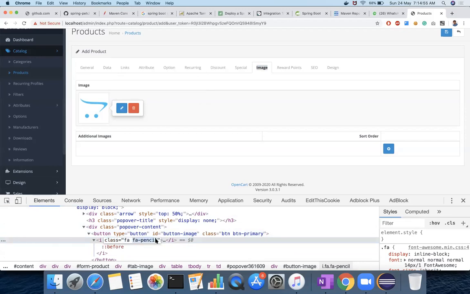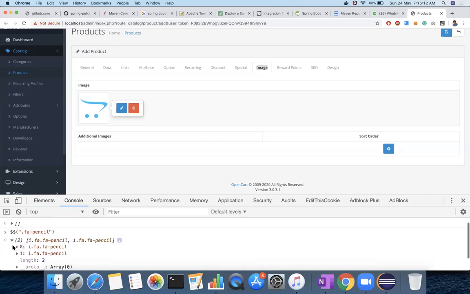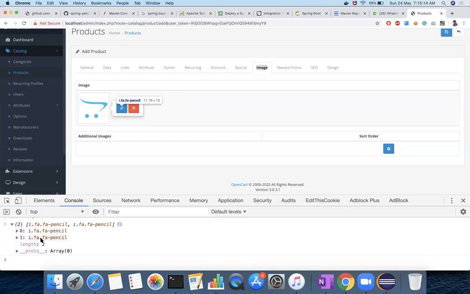In CSS, how do you use this? You have the CSS selector. When it is a class, it is like dot, right? So dollar, dot pencil. Again, you have two pencils available. One, two. This is the second one, I should not use it.